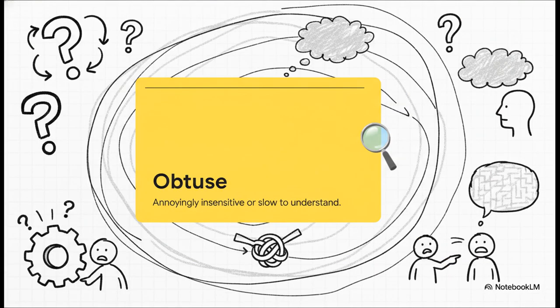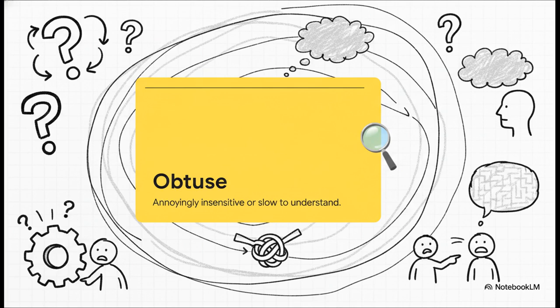Our fifth and final core word for this section is obtuse, and it's super unique. Unlike someone who just innocently doesn't know a fact, an obtuse person is frustratingly and sometimes deliberately slow to understand. Often described as dull-witted, dense, or imperceptive, an obtuse character fails to comprehend what is glaringly obvious to literally everyone